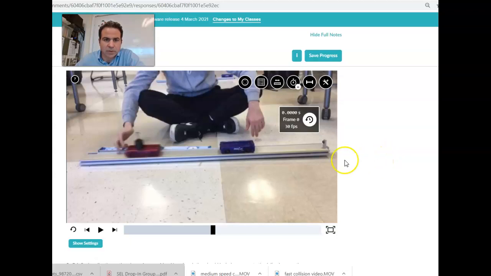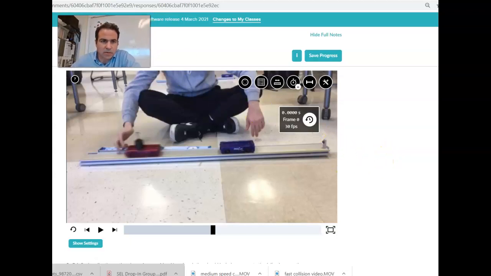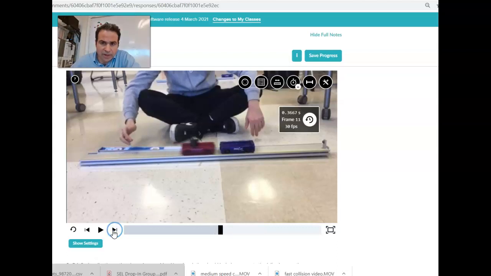All right, so this is a video of a collision, and if we go forward frame by frame, we'll see the collision happens right at 0.4 seconds. That's when it starts to occur. When you collect your data, make sure you're collecting your data after it's out of the person's hand, yet before it makes that collision. All right, what we're trying to study is conservation of momentum, and we want to know